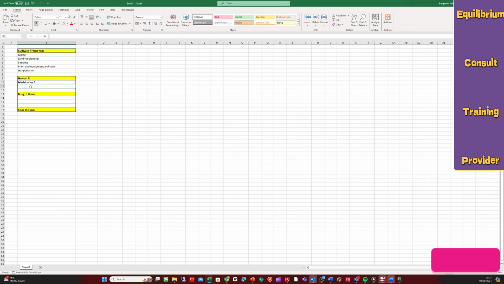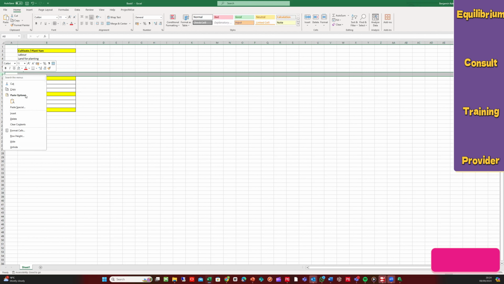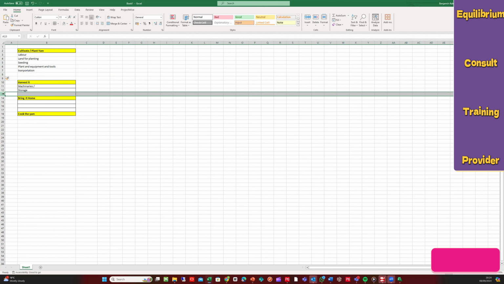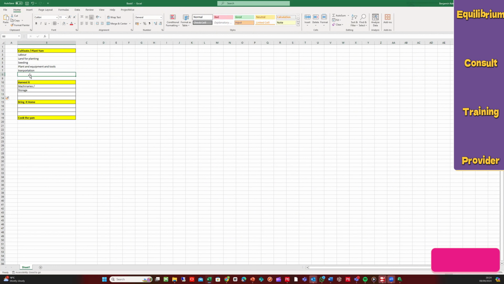It needs storage. Back to cultivate, we need maybe, let's say, fertilizer or manure. Good. That is under cultivate. Okay. Or we say pesticide as well.